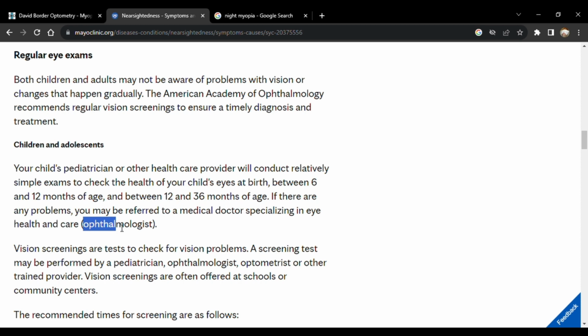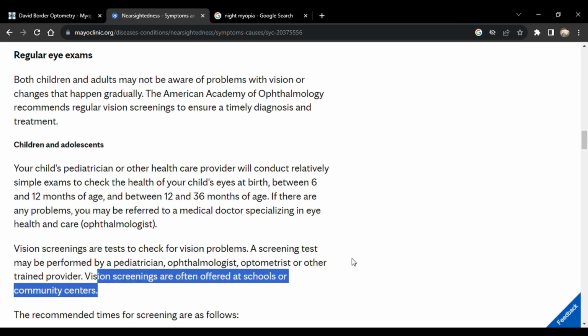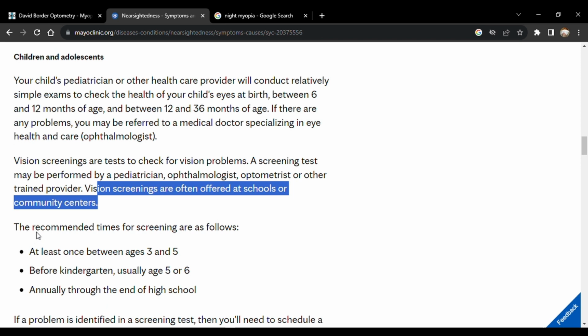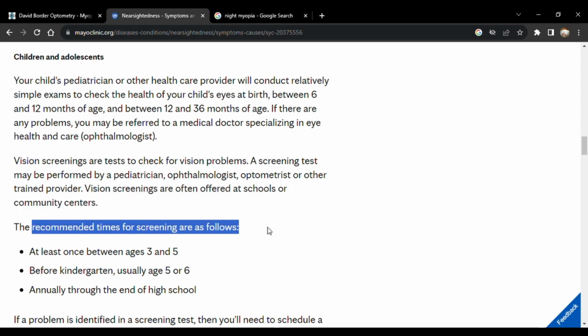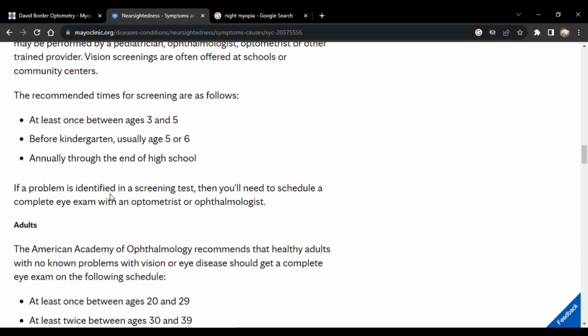Vision screenings are to check for vision problems. A screening test can be performed by a pediatrician, ophthalmologist, optometrist, or other trained provider. Vision screenings are often offered at schools or community centers. The recommended times for screening: once between 3 and 5, again around 5, and then once a year through the end of high school. If a problem is identified at a screening,